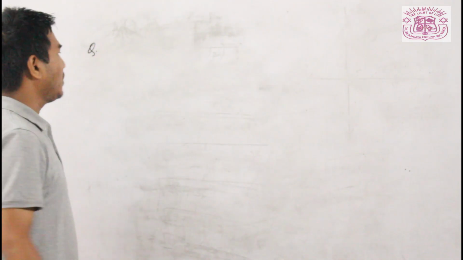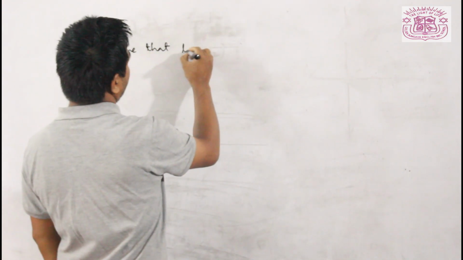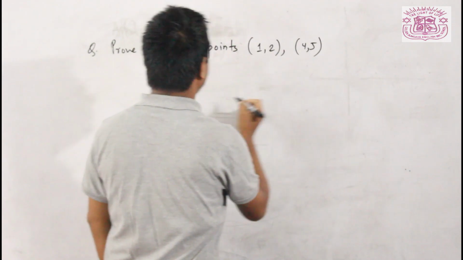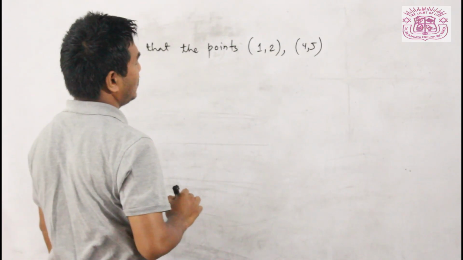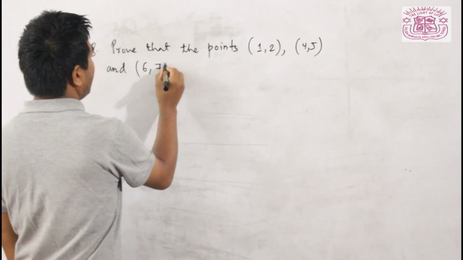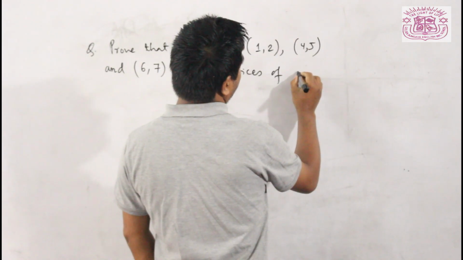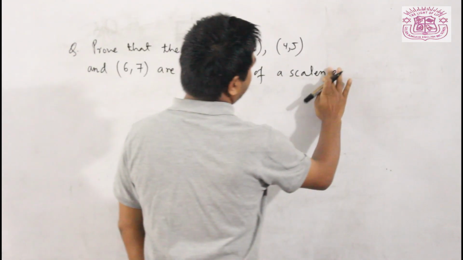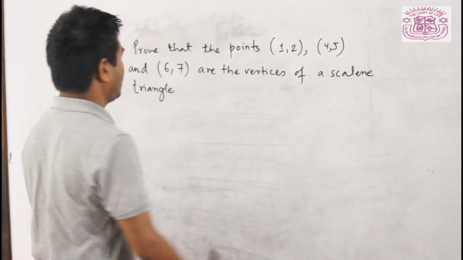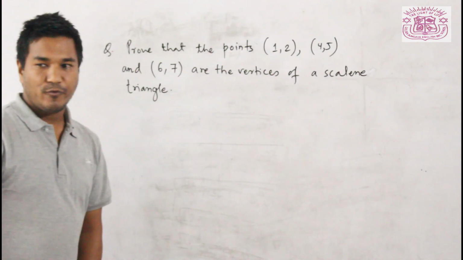Question. The question is, prove that the points 1, 2, 4, 5 and 6, 7 are the vertices of a scalene triangle. For forming a scalene triangle,